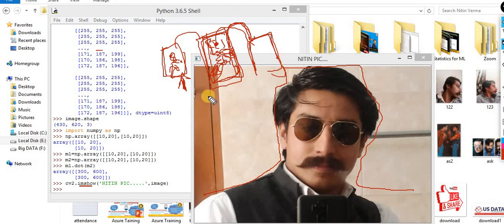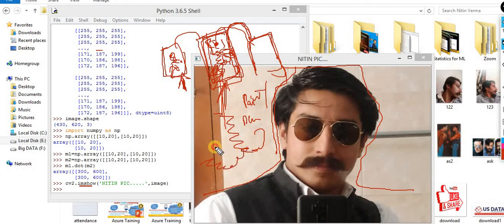I think the picture is clear now. Whenever you want to do the modification, you are not supposed to do that directly. If the software gives you the permission to do it directly, ultimately they are playing with the arrays. If you talk about Paint as well, or Photoshop, the entire backend is mathematics, but they provide you the GUI. Now you will understand the concept of the GUI. Sir, why are GUIs there? Because a GUI is very easy to use.